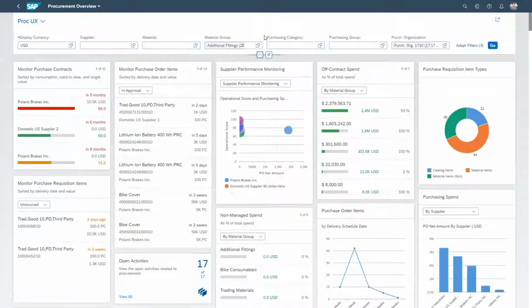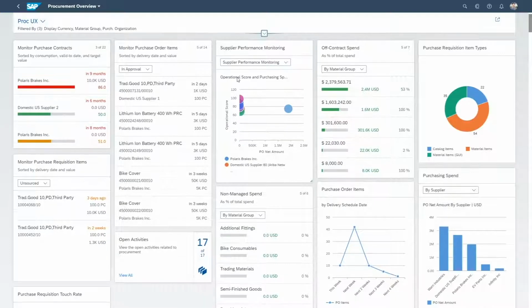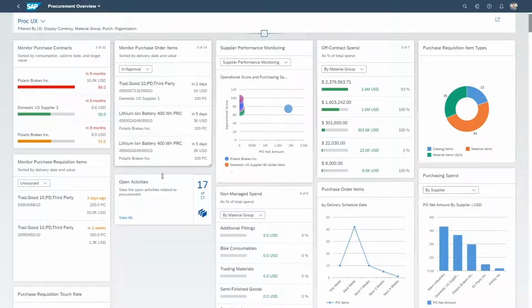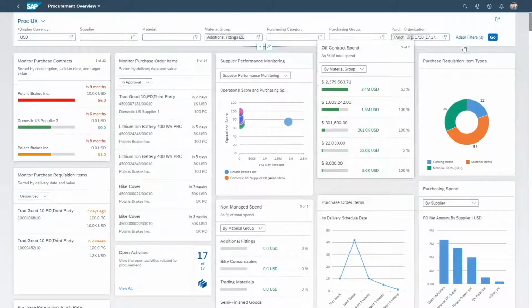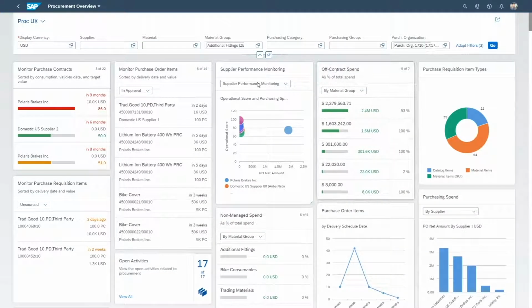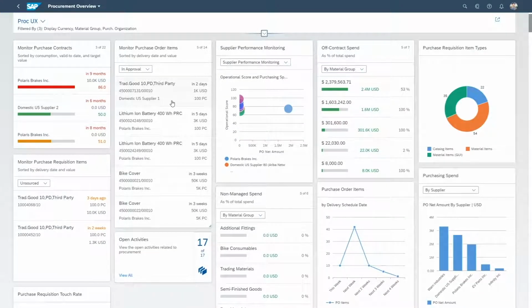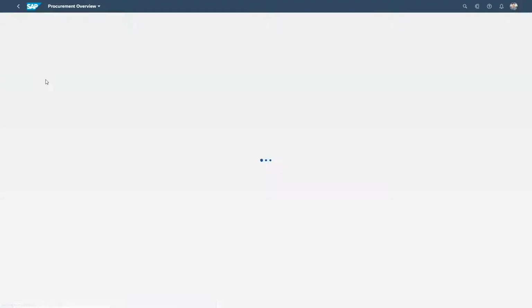You can personalize the overview page yourself. You can choose filter parameters as you need them, and you can also adapt the size and the layout of the cards. Let's see how you can drill down to details. By clicking here on this contract in the card, I go to the contract of Polaris Brakes and see how the